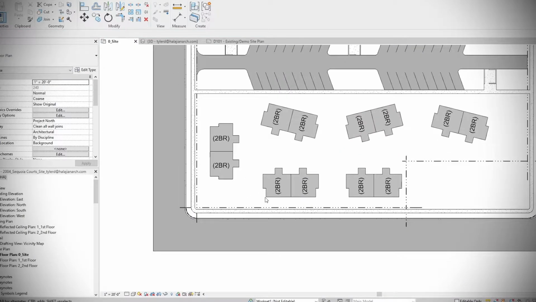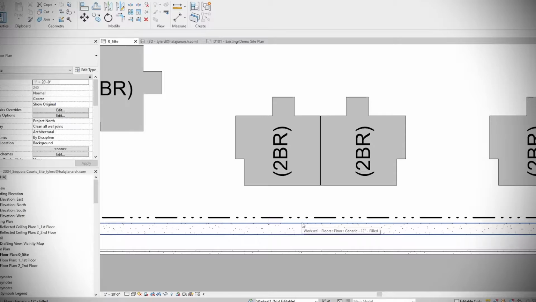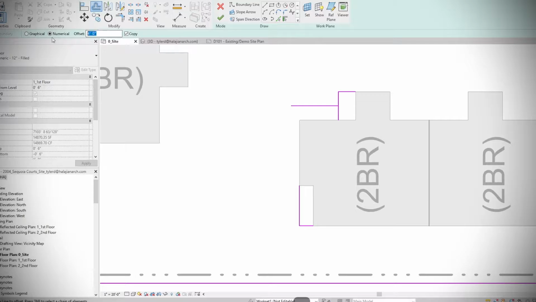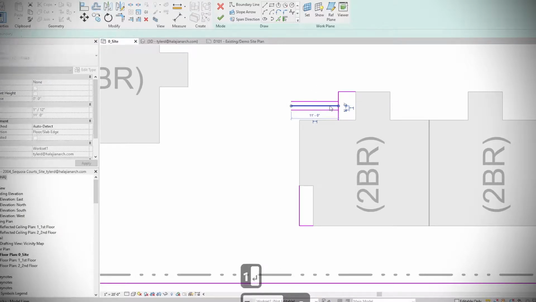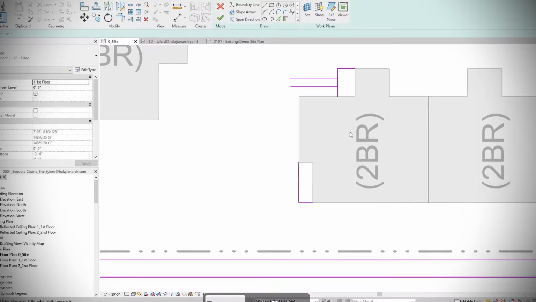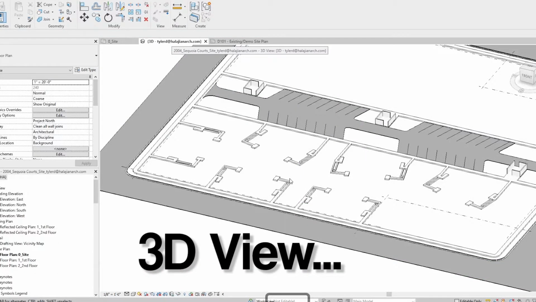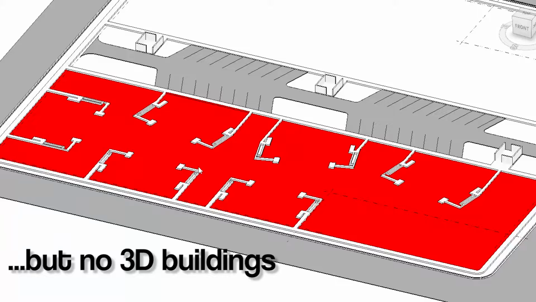Those gray squares you see represent an apartment unit. The line down the middle is the dividing wall between two different units. The 2BR is to indicate that these are 2-bedroom units. This is important information to show because later on I'll need to indicate which units will be upgraded for wheelchair access. When I switch to a 3D view of the project, you'll notice that I'm not modeling these as 3D